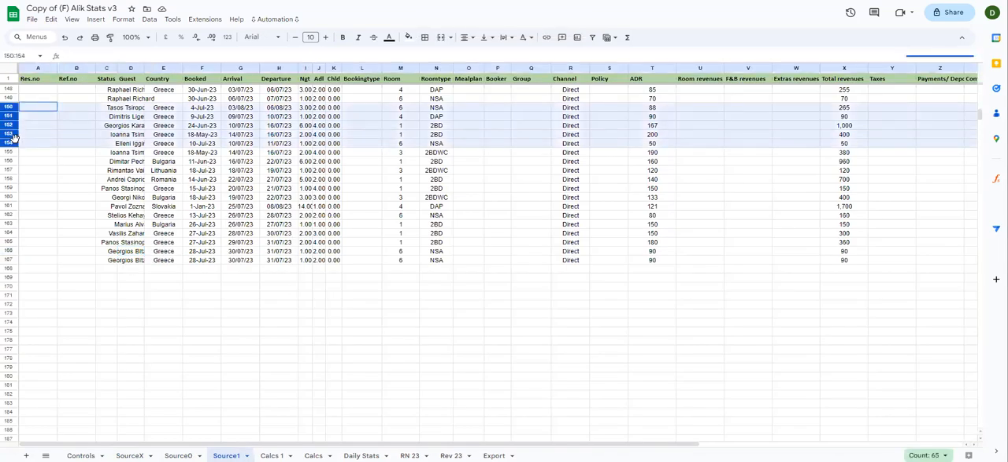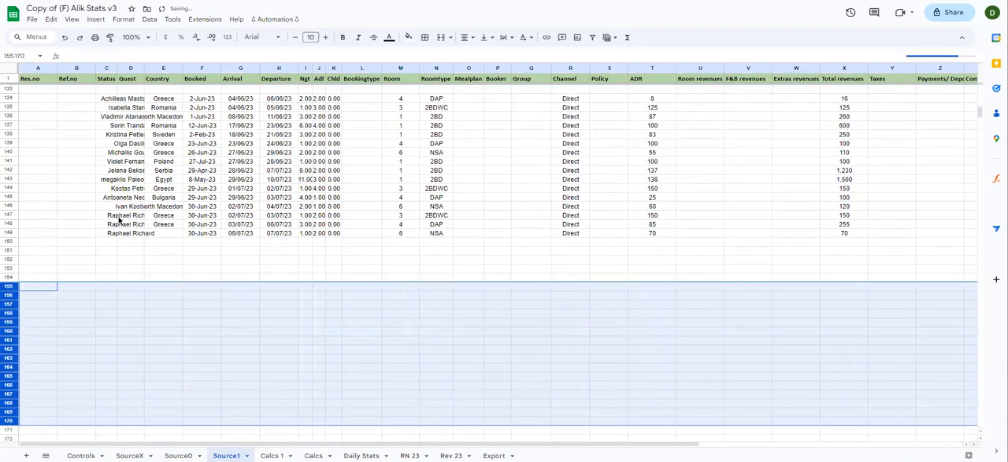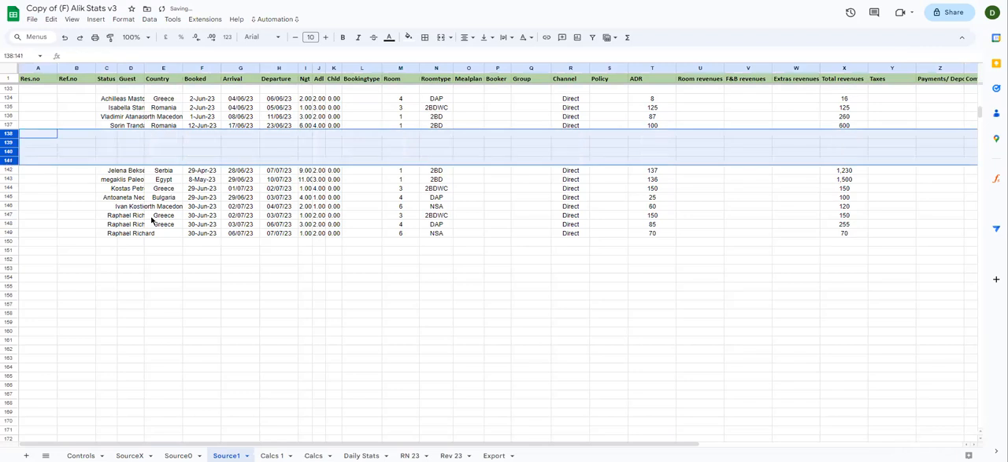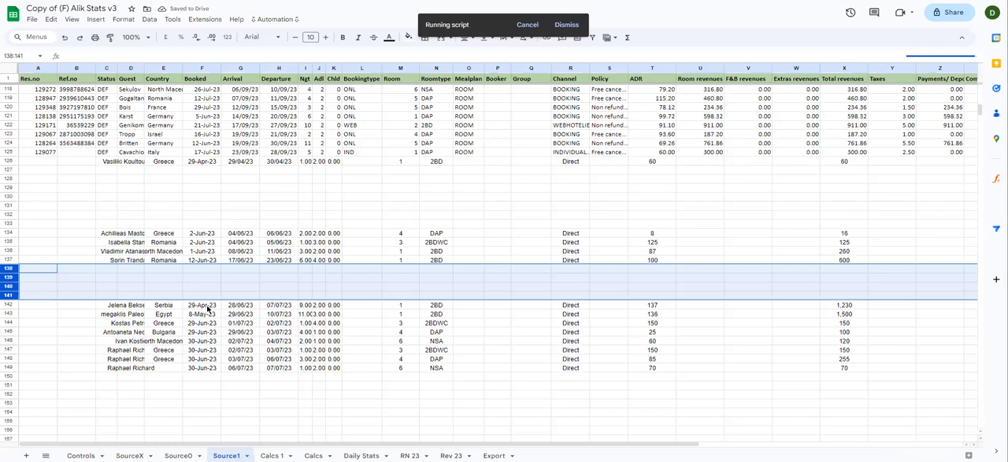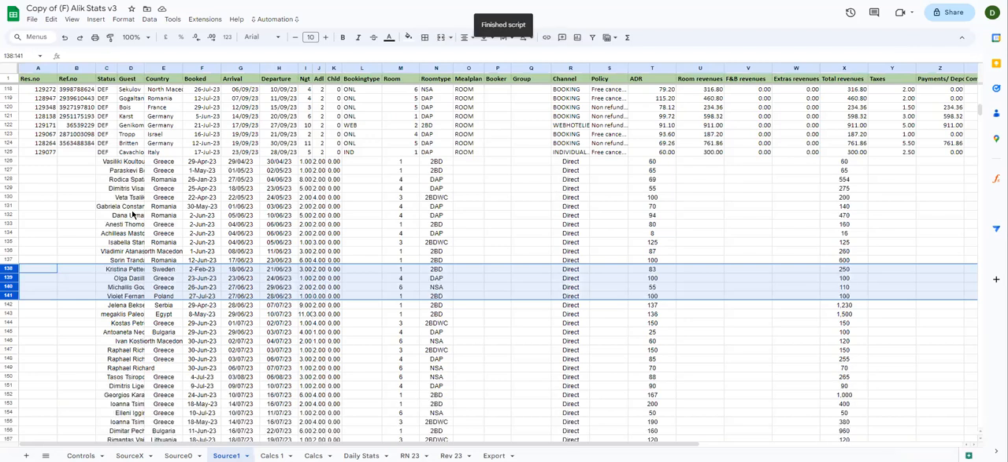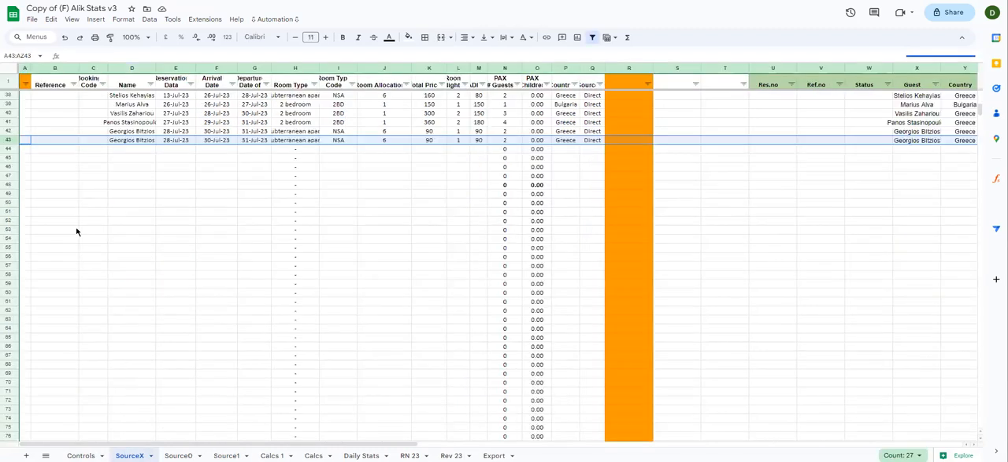If I delete these, you can see that it's updating the data from the start. And if I click this again and go to source 1, you will see all the data gets updated again, as it's cleaning the data from source 1 first and then pasting the data. So you can see the 2 duplicates, which is the updated data. I'll delete this once again. Once you are done,